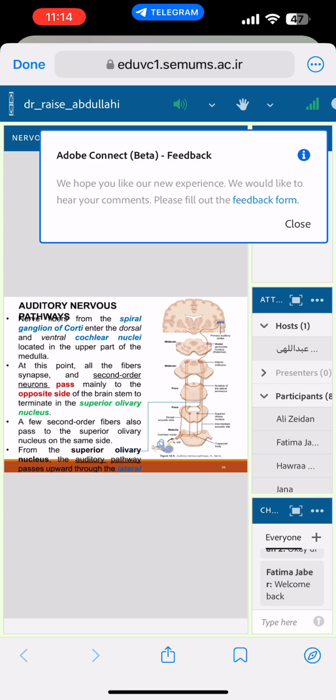As you know, the primary auditory cortex is located in the temporal lobe of the cortex. So, regarding this pathway from the cochlea, from the inner ear into the primary auditory cortex, you should pay attention that the nerve fibers from the spiral ganglion